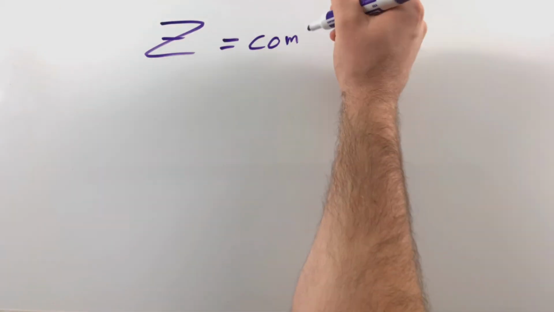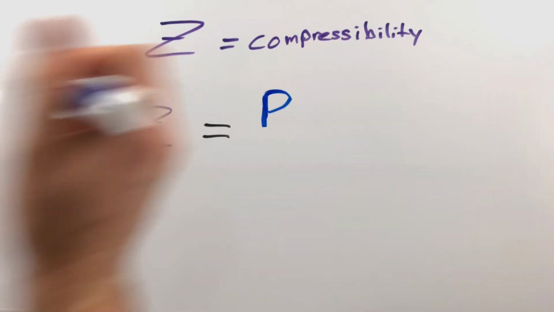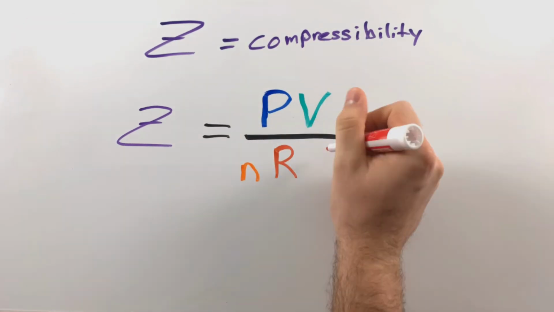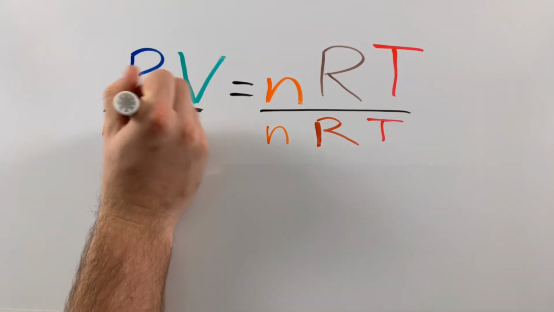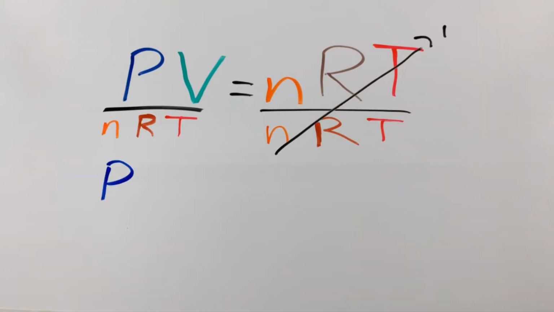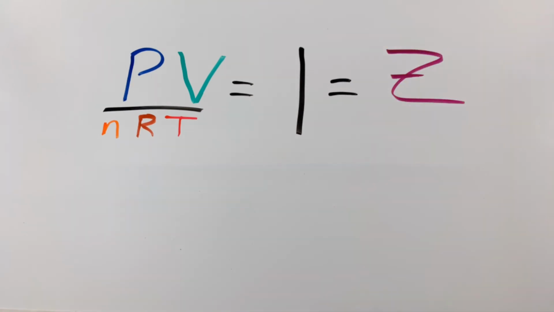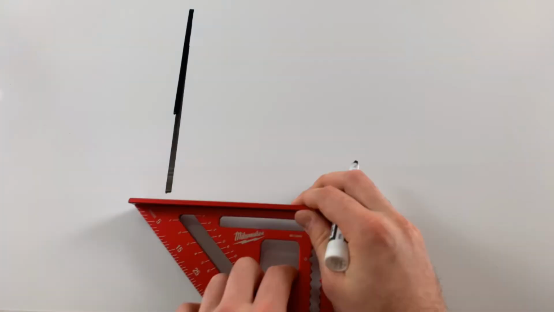There is actually a property that describes how ideal a gas is at a given set of measurements, and that is compressibility. Perfectly ideal gases will have a compressibility factor of 1, and looking at the equation, this makes a lot of sense, since it is just the ideal gas law rearranged.